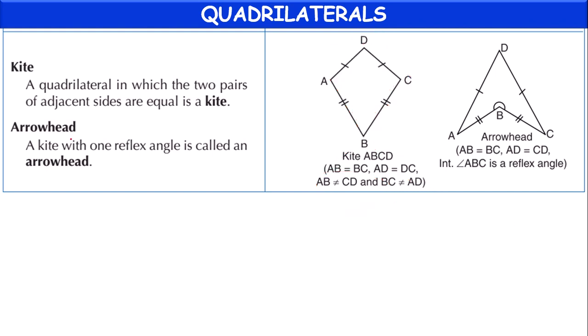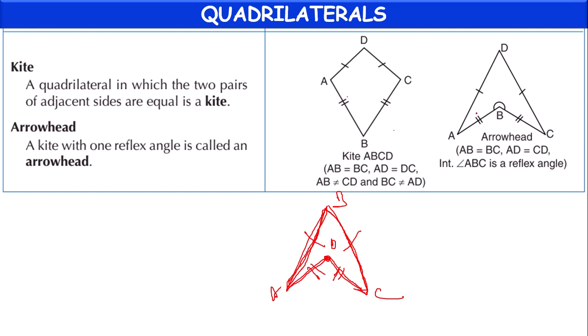Next one. If the kite is like this, and this is A, this is B, this is C, then AB, BC is one pair of adjacent sides, and they are equal. And AD, CD is the second pair of adjacent sides with common endpoint D. If they are also equal, like a kite,